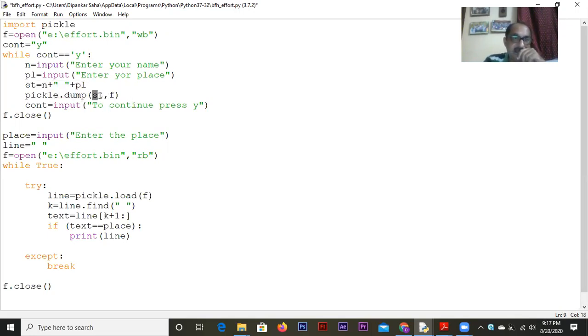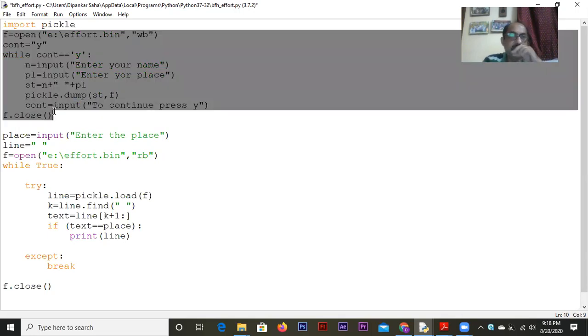Pickle.dump syntax is first we write the string that I have to write, and then we write the file object. File object is f, which is linked to the effort.bin, and this is how the file is written. Now, this part nobody will ask you in CBSE paper, because mostly you will be asked to write a function